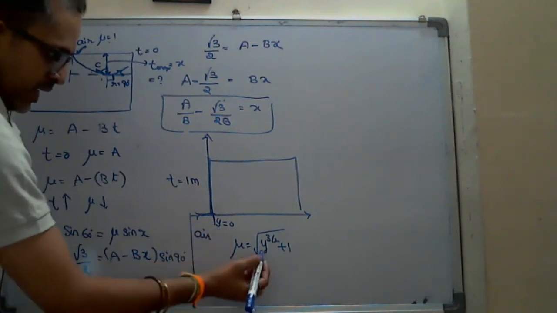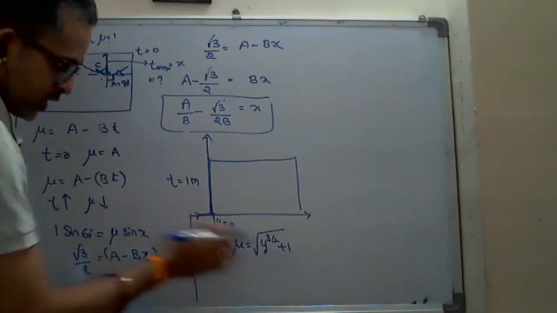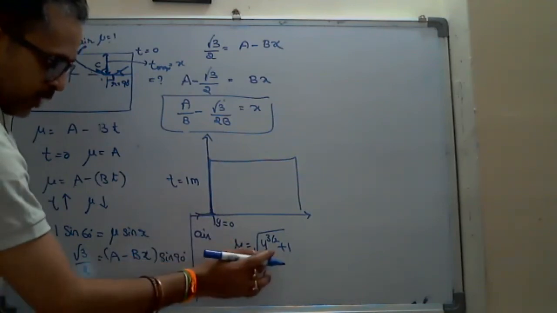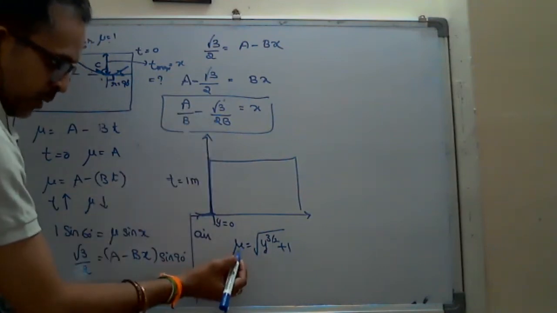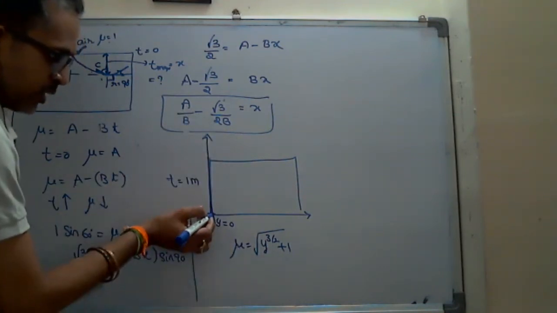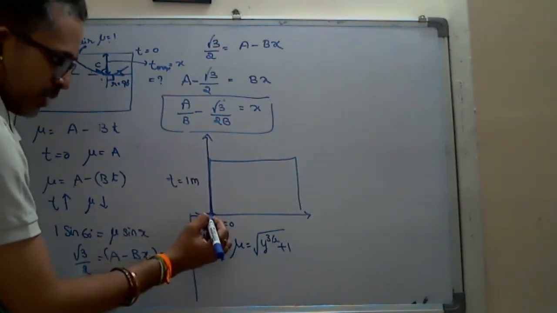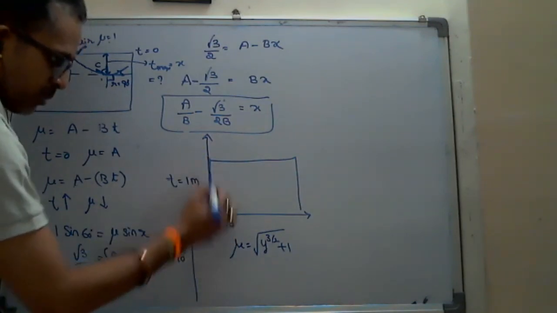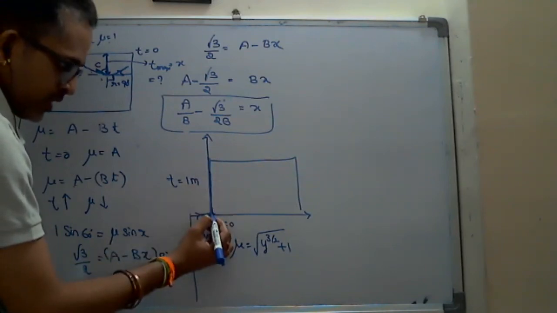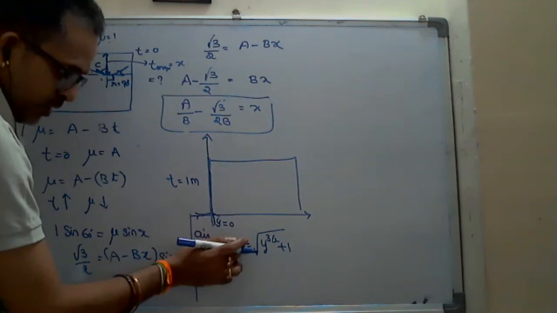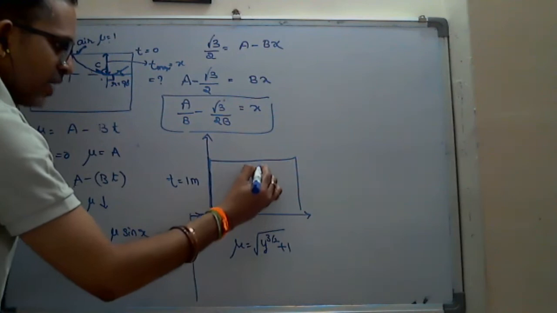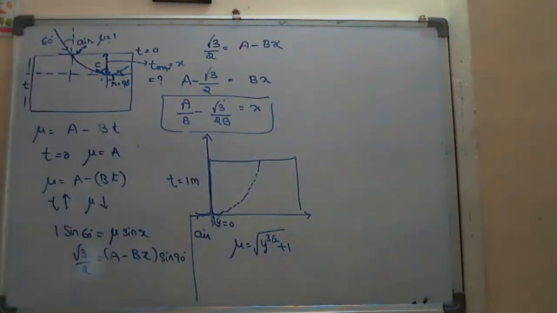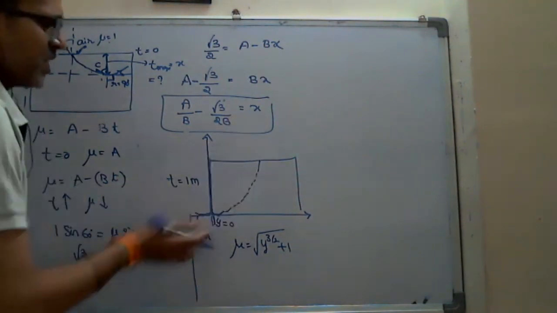When y is equal to 0, mu is equal to 1, by putting y as 0. But if you increase the y coordinate, mu increases. Mu increases means the light appears to enter a denser medium. Denser medium means it bends towards the normal, not away from the normal. Towards the normal means it bends like this, point to point, and somewhere it tries to come up, following one path. In the diagram, it appears like a parabola.